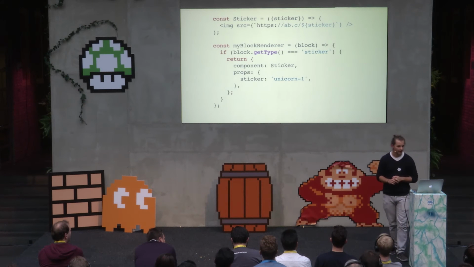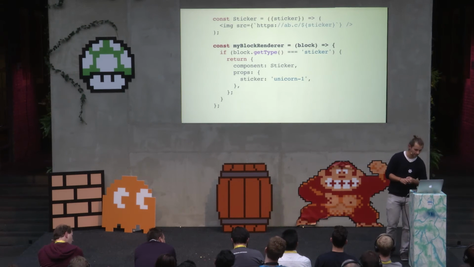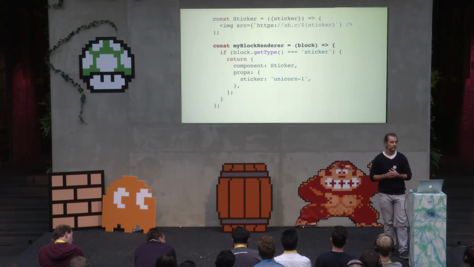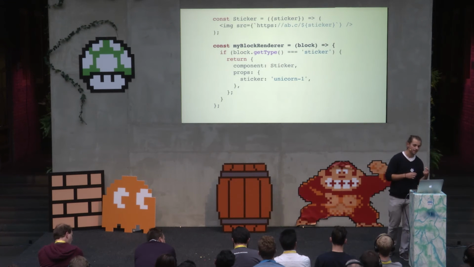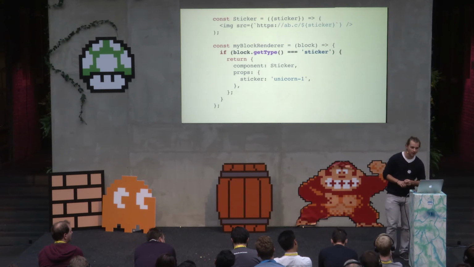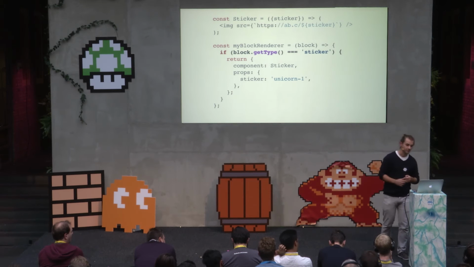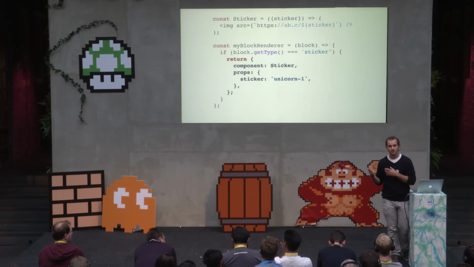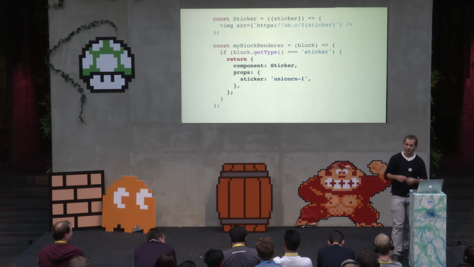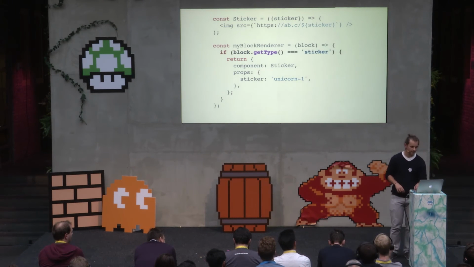In the beginning, I just create my own component for the sticker, and then I have my own block render function. The block render function gets a block as a first argument, and from this block you can get the type. In this case, I added a block to my Draft.js content state, which is of type sticker, and then I can simply render this block with the sticker component and provide the props unicorn1, and then in the end I get